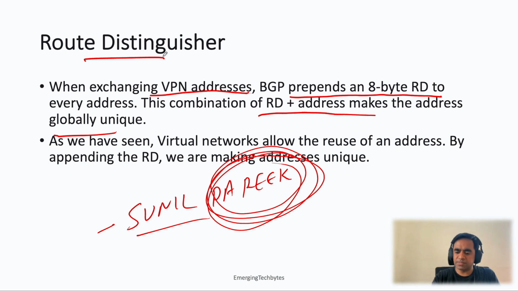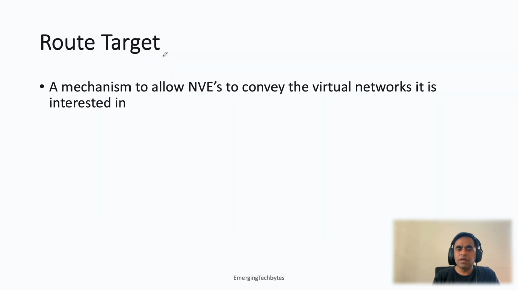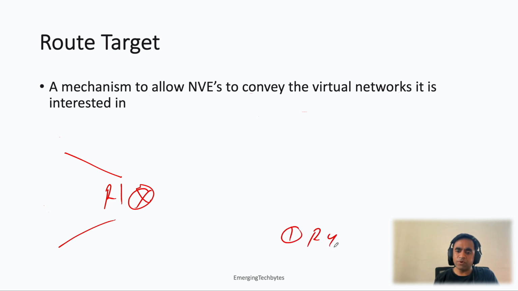Right, so this is just to emphasize the point that I was saying. Virtual networks allow the reuse of IP addresses, but if we append the RD, it makes them unique. Now remember, there was this second question that I was asking you guys. You have this R1 where you have multiple customers, and there is this guy R4 who is only interested in one customer, let's say A1,